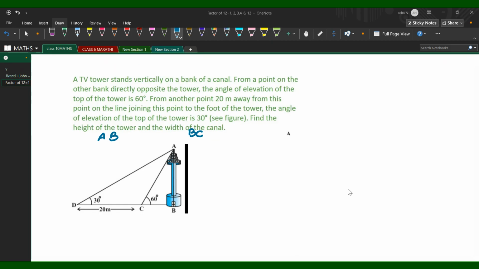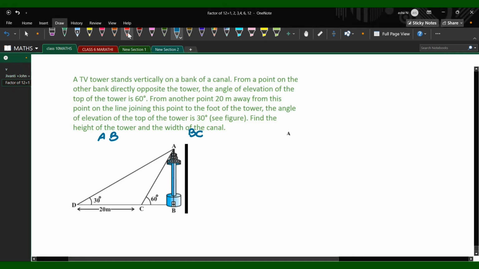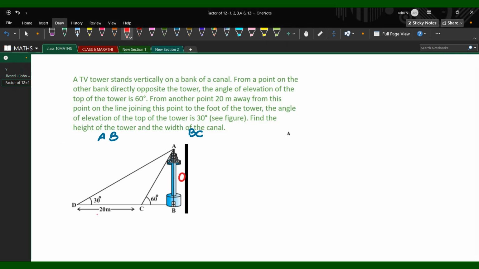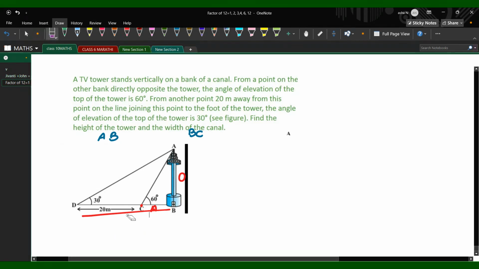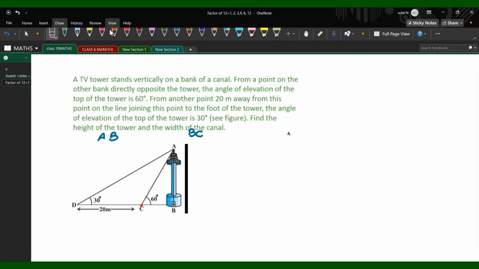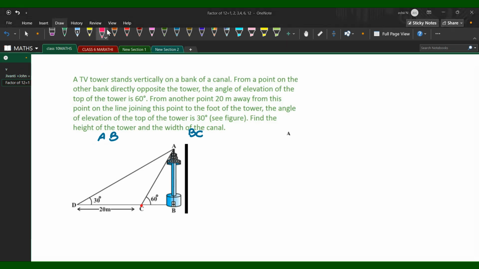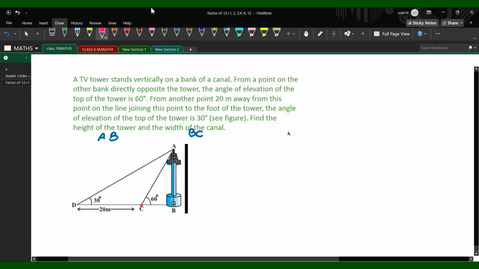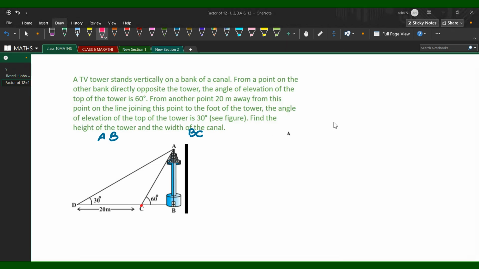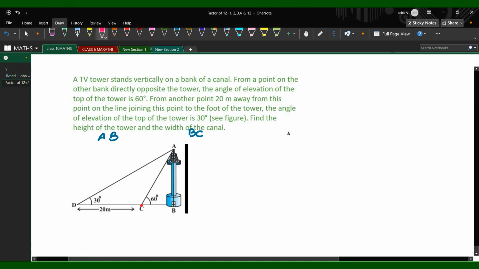Tan theta, opposite upon adjacent. Okay, I will explain it once again. See, AB is opposite, and if we talk about angle C, what is CB? It is adjacent, na? So we are going to use tan theta. Okay, so that is the first thing we need to figure out when we look at the question. When we take the 60-degree triangle, it is in triangle ABC. Chalo, let's start with that.